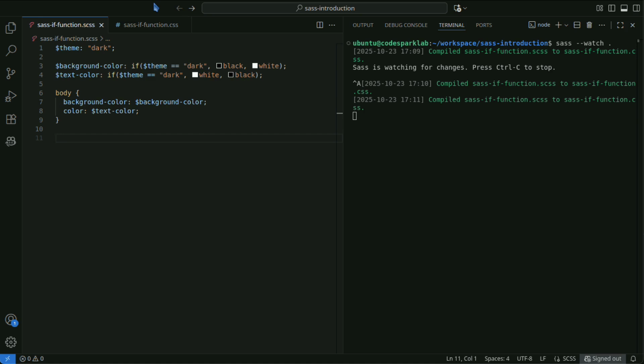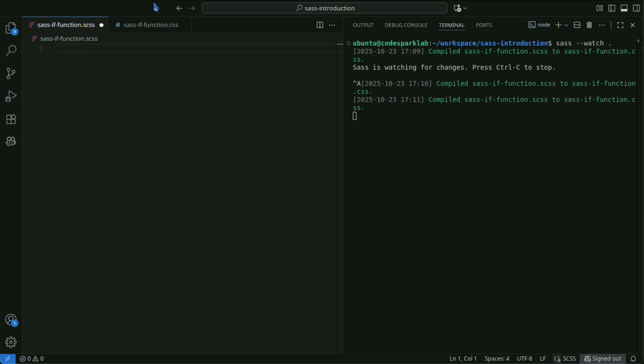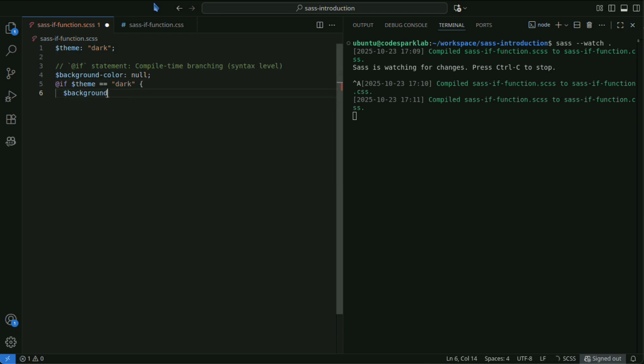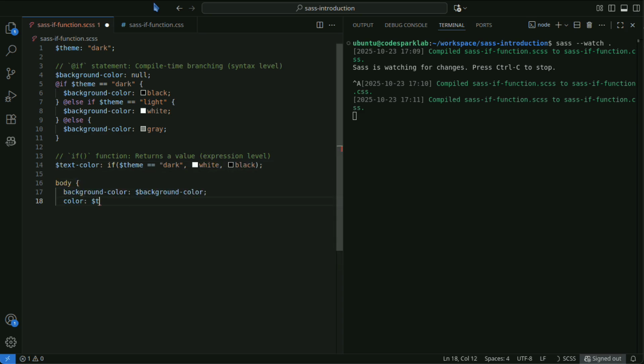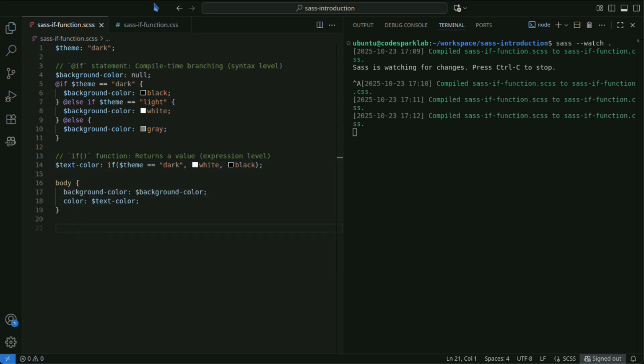Sass provides an @if statement and an if function for conditional branching, but they are used for different purposes. The @if statement controls which code is output at Sass compile time.